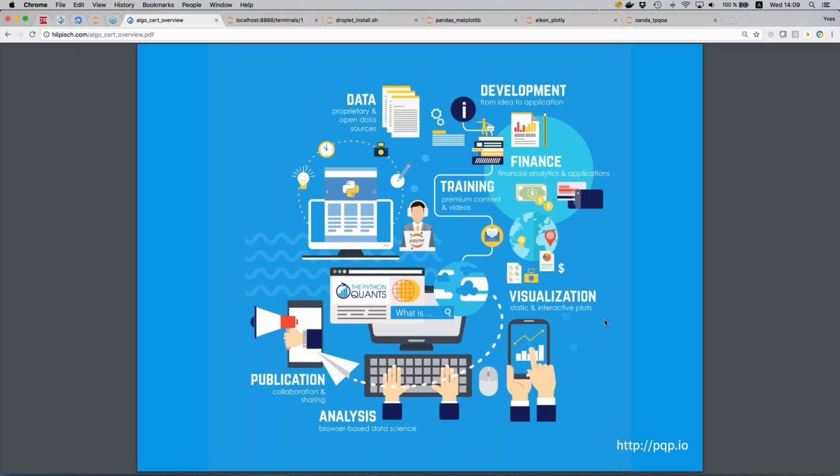I mentioned the platform before, the second infographic here, again accompanied by a link, pqp.io in this case. This illustrates now what the platform is all about. Again, you would see it in action later on during my presentation here. And what we intended to do is to provide you with an environment where you can start with